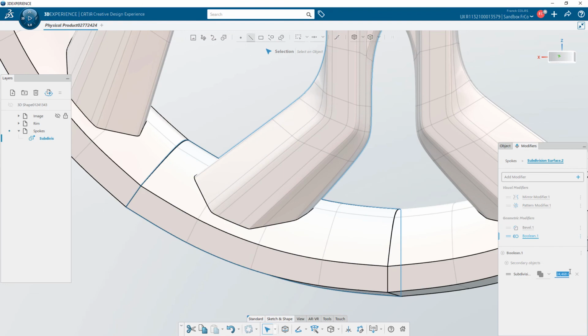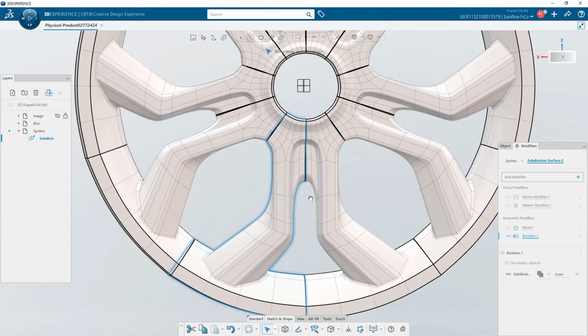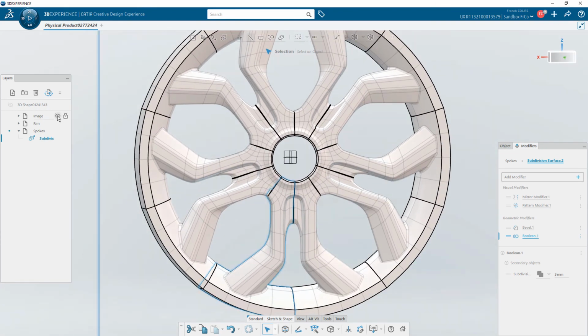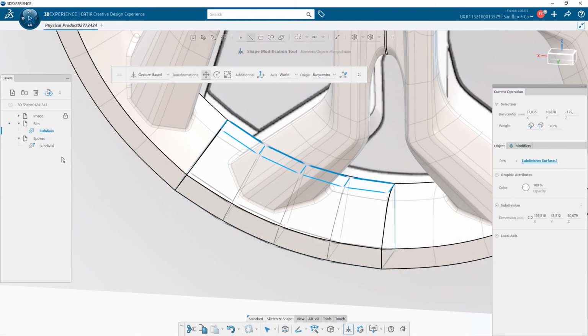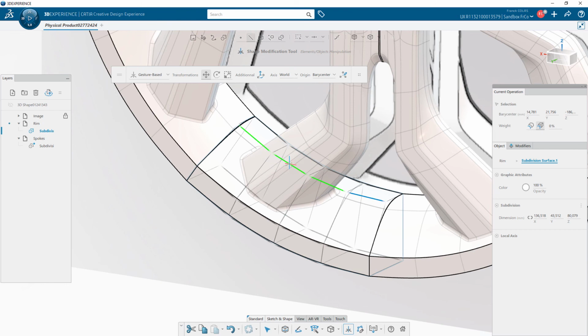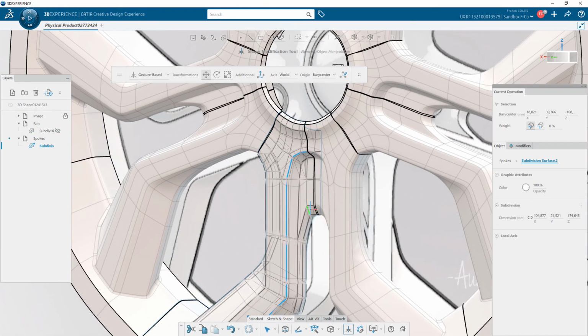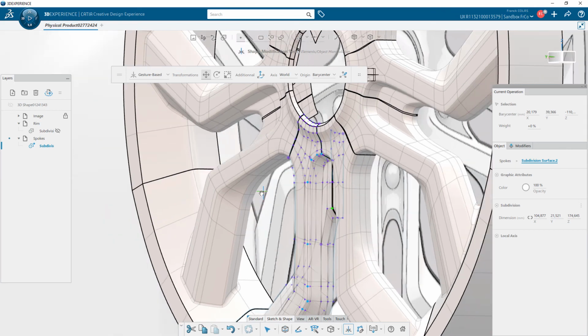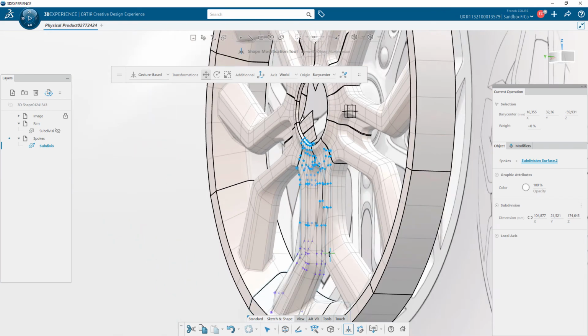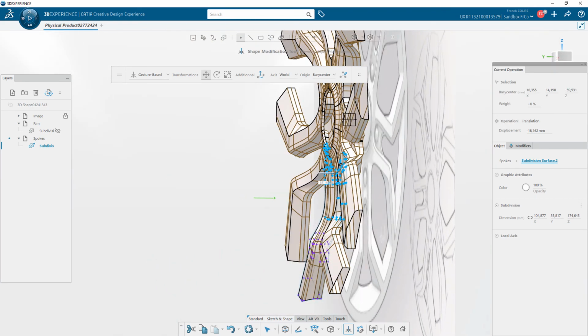I go back to the Boolean and change the value of the fillet, and the fillet appears on all instances created by all visual modifiers. I adjust a little bit my rim part to have more tension on the bezel of the rim. To finish, I switch into translate mode, move some vertices and give more volume to the spoke. All instances are also updated in real time.